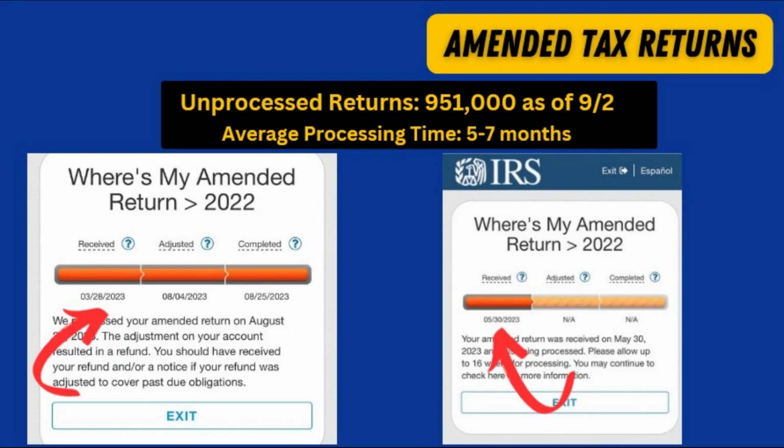Recapping where things currently stand with amended returns, we're seeing many of those returns submitted in the months of March and April now having moved into the completed stage of processing, with refunds having already gone out or scheduled to shortly. However, those who filed in the month of May, as seen here in the screenshot on the right, are now wondering why they're not seeing any movement to their status, and simply that is because it's still too